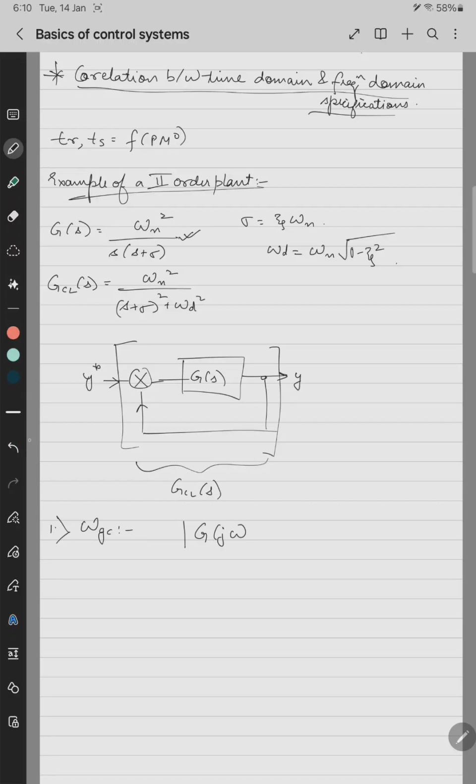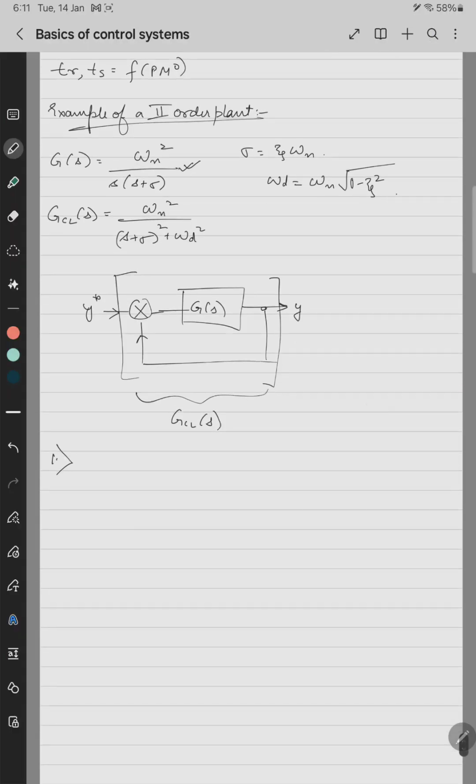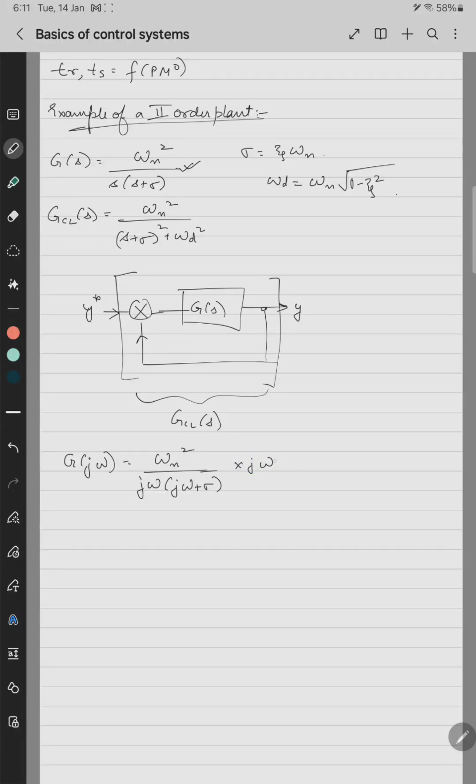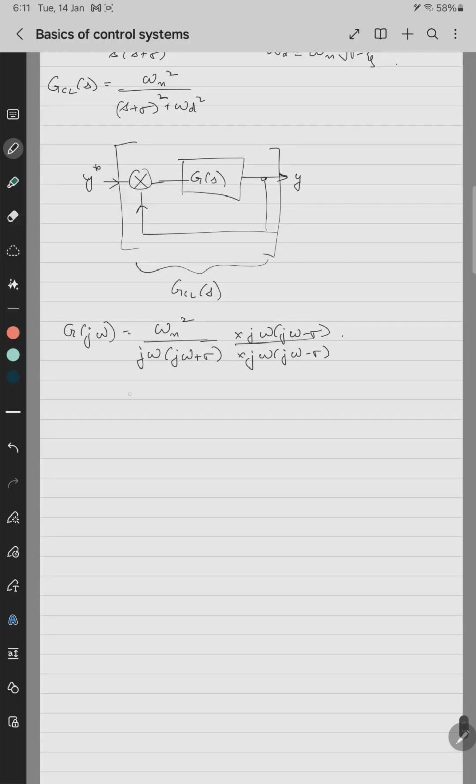Okay, first let's calculate the margins. So first let's convert the transfer function in the realizable form. G of j omega equals omega n square divided by j omega into j omega plus sigma. So into j omega minus sigma into j omega minus sigma. So if we just solve it, it becomes